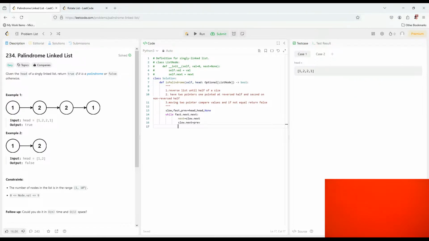So we assign previous to the slow and slow to the next. So here at the end, we're gonna have slow pointed exactly on the middle of the reverse list. So what we want to do then is slow